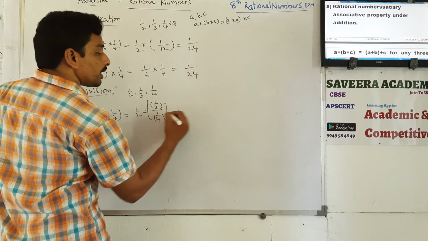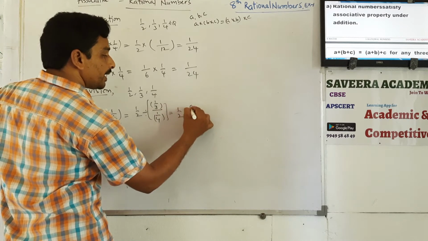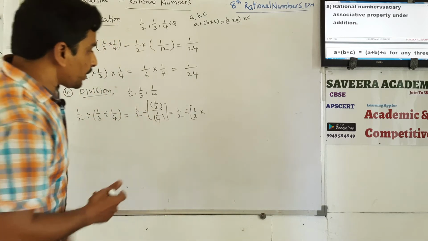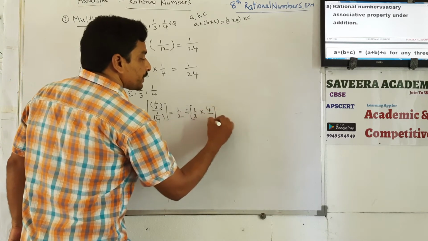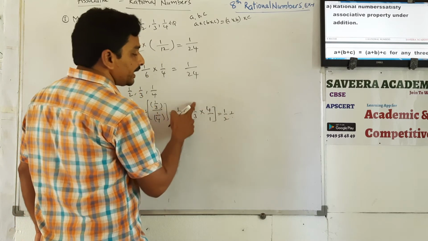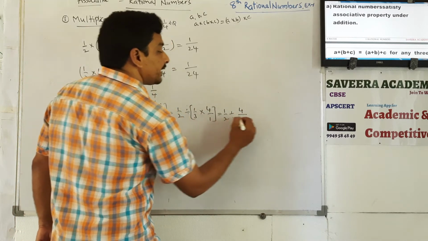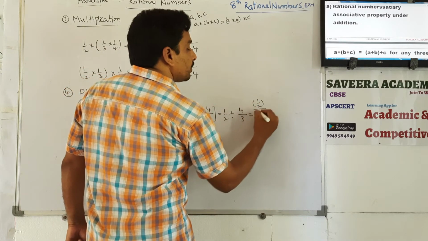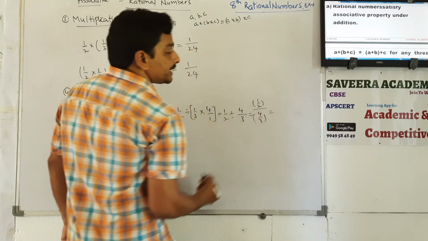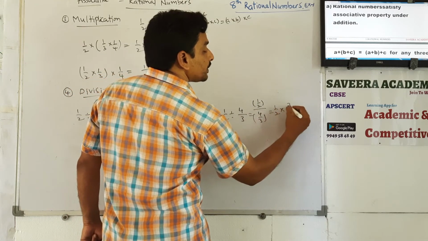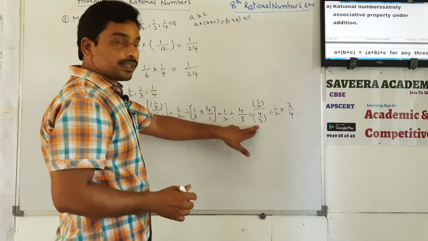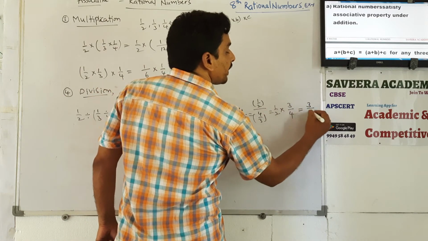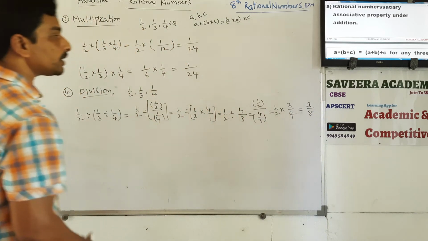So this is equal to 1 by 2 divided by, this is 1 by 3 into the reciprocal; 1 by 4 means 4 by 1. So this is equal to 1 by 2 divided by 4 ones are 4, by 3 ones are 3. Again this can be written as 1 by 2 divided by 4 by 3. So this is equal to 1 by 2 into 3 by 4, because of the reciprocal of 4 by 3 is 3 by 4. So this is 3 ones are 3, by 2 fours are 8.